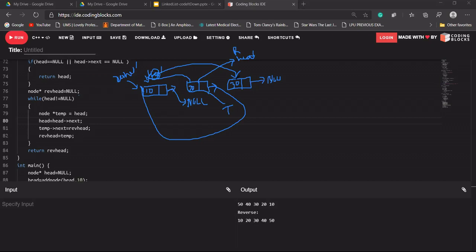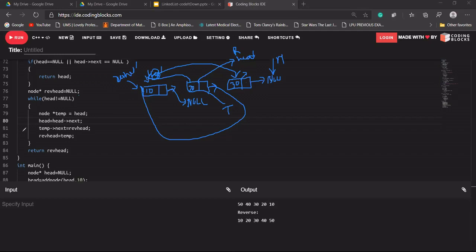Again head is pointing to this node now. So head is not equal to null, and it will create a temp node, and again the head will be pointing to head's next, and now head will be pointing to null value. Okay, now head is pointing to a null value. Our current temp is 30, because we have already stored the value of head in temp, and before moving head to null, the head was pointing to this node. So currently our temp is pointing to 30.